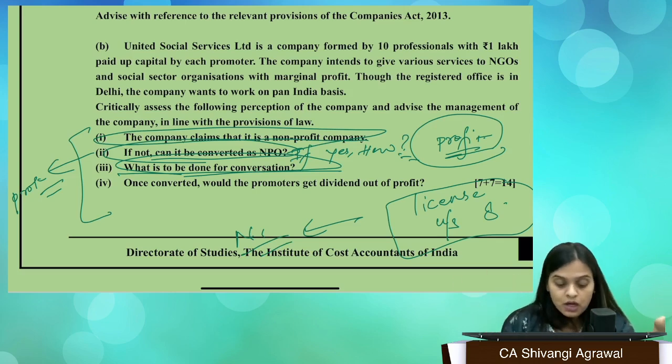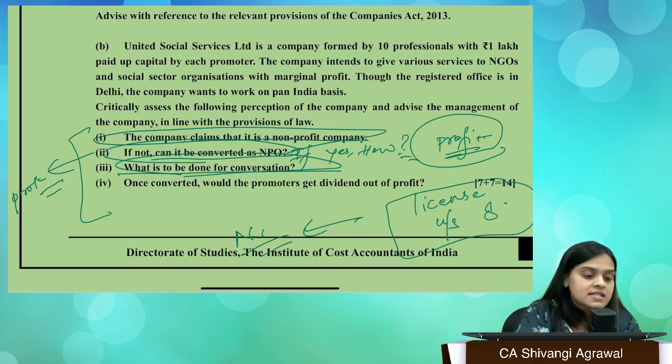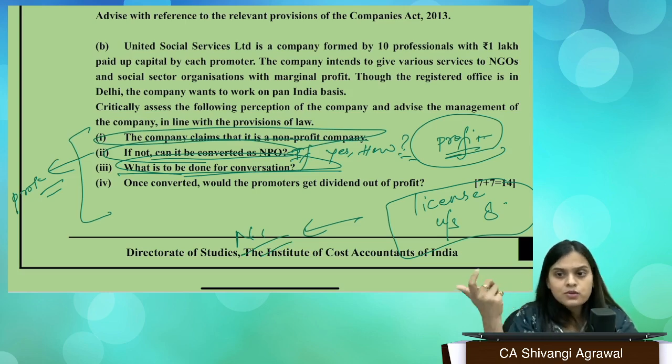You also need to give a public notice, right? And ROC might require other information. So, a statement of income and expenditure, right? Expected, estimated, right? So all these documents you will submit, and then once you get the license, ROC will issue you a new certificate of incorporation, and once you're converted, then